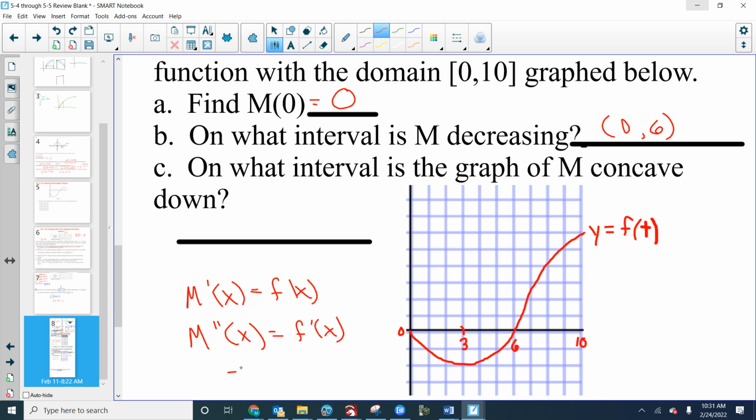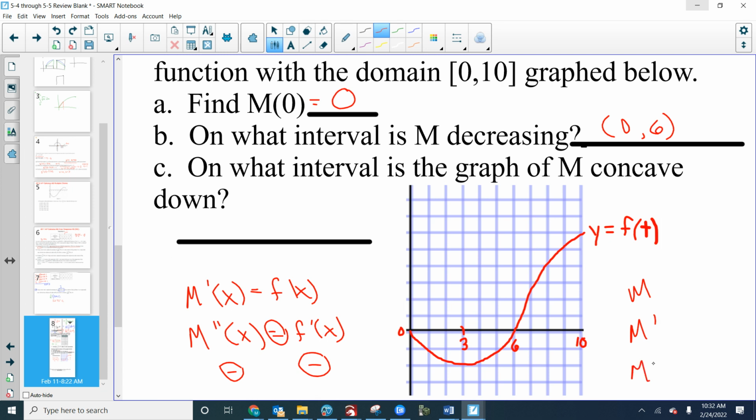Negative. Yep. Put you on the spot. And M double prime is negative when F prime is. These are equal. Are you with me? M double prime is negative when F prime is negative. Be careful because people, it's not just you, all over the test and quizzes for this chapter, people get the word negative and decreasing mixed up all the time. Keep it straight, okay? M